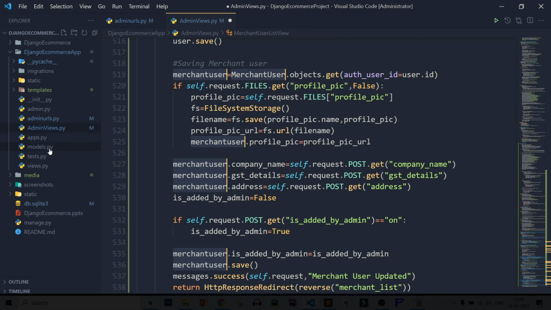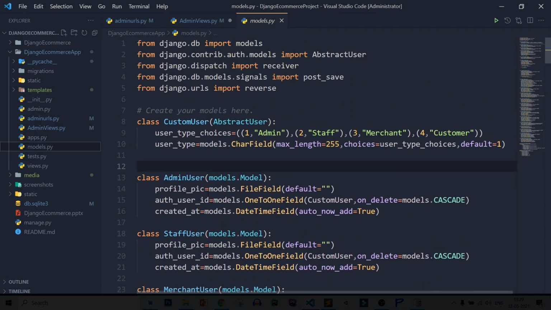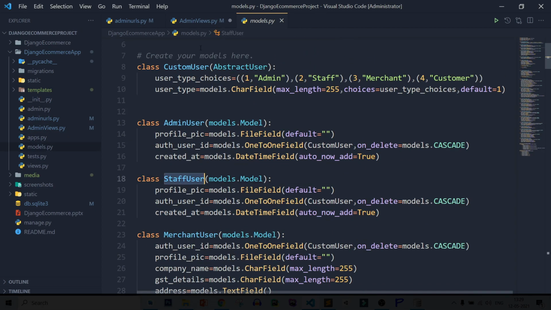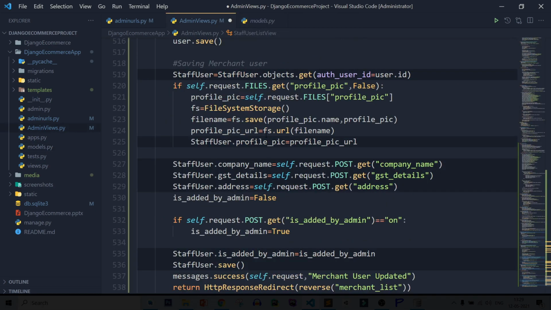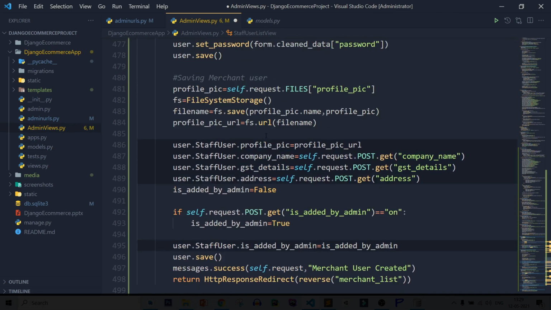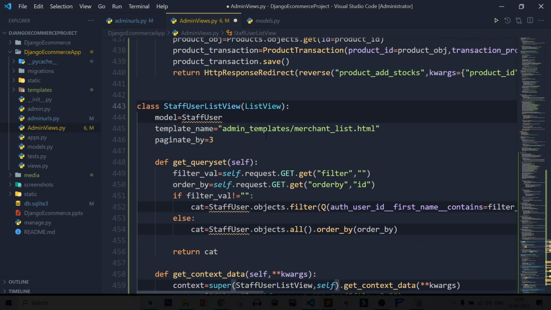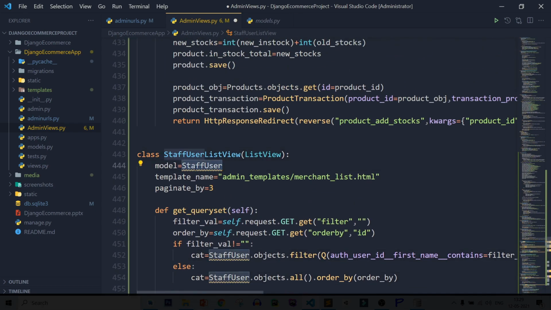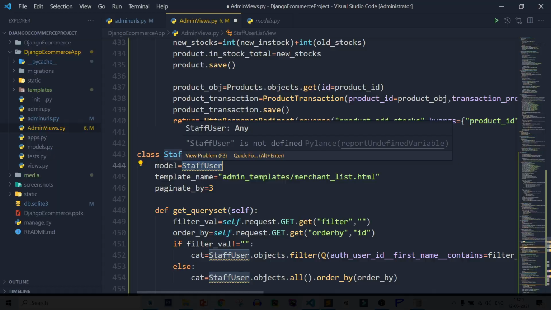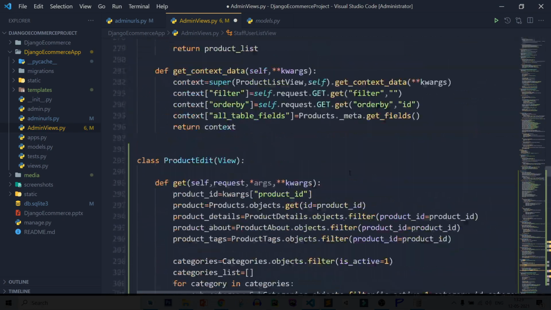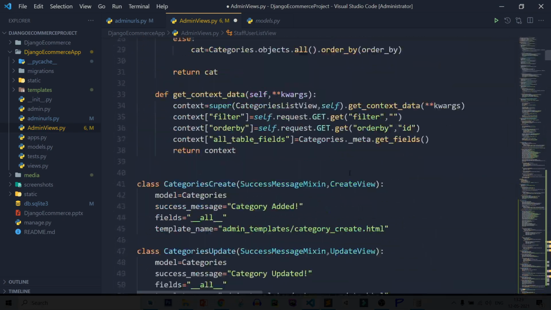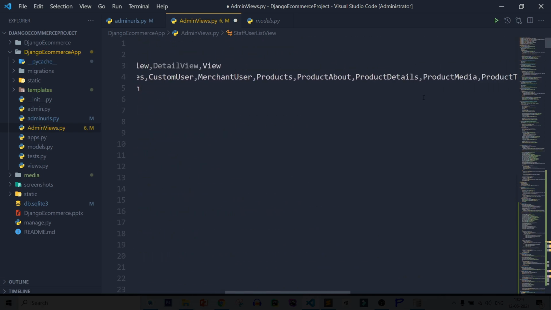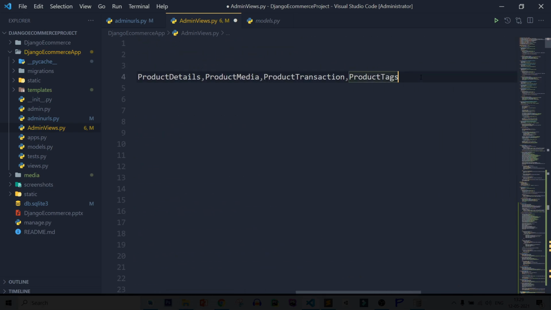So let's see what is the model name, staff user, so paste it. After that let's check first list view, staff user, so we need to import staff user. So let's see, import staff user.